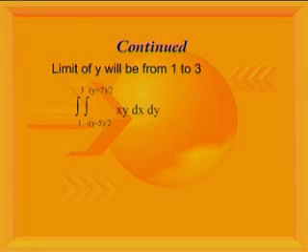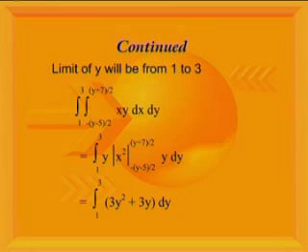So the integration of xy is equal to y times x square divided by 2. And the limit for x is x is equal to minus (y minus 5)/2 up to x is equal to (y plus 7)/2. We substitute these limits and get